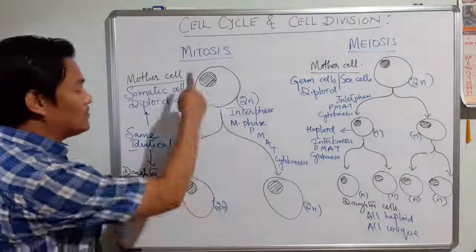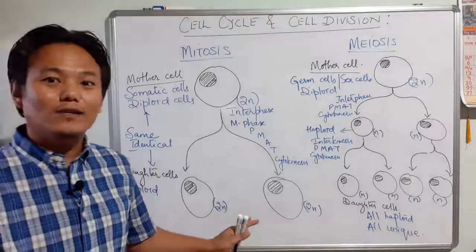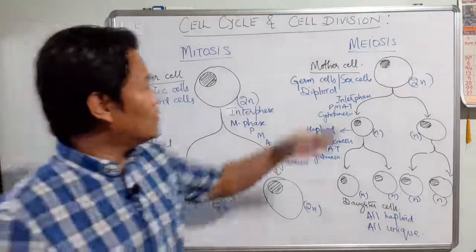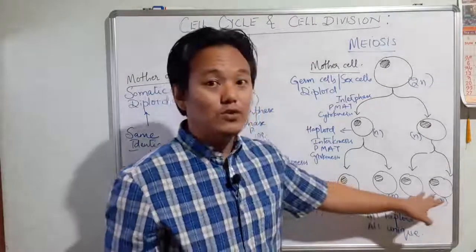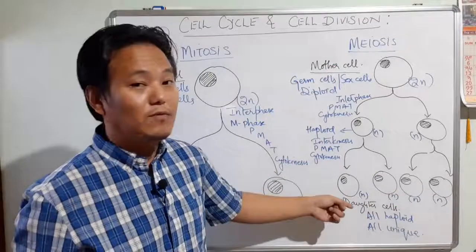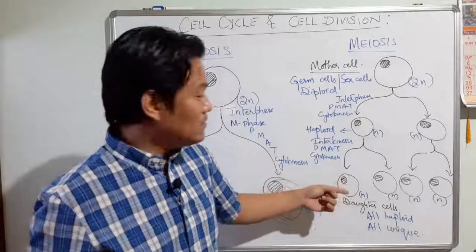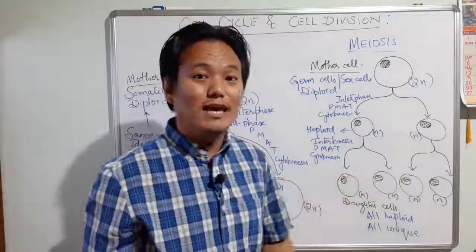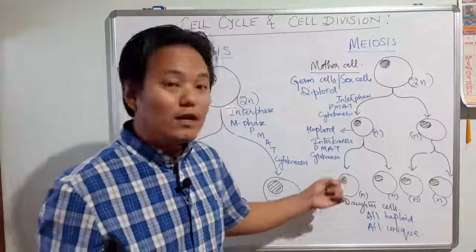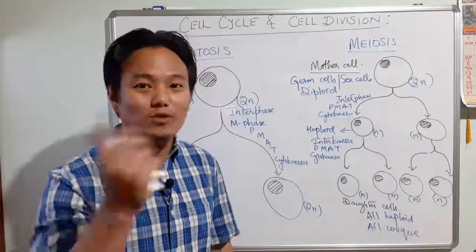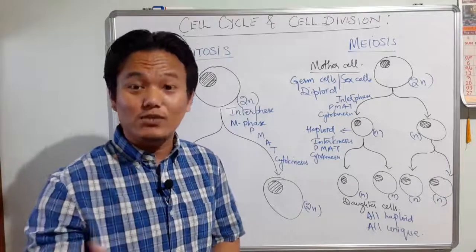These two daughter cells of mitosis, they are identical to each other, and they are identical to their mother cell. But over here, the 4 daughter cells produced, they are not identical to each other. Obviously, they contain half the number of chromosomes. But even when all these daughter cells contain the haploid number of chromosomes, they are genetically unique from each other. The unique meiosis detail, clear.